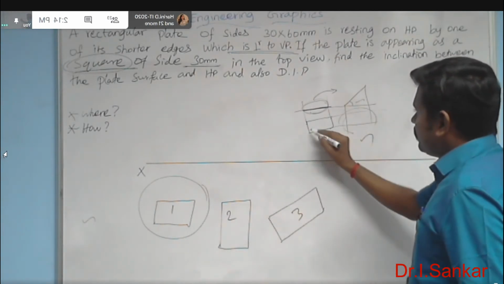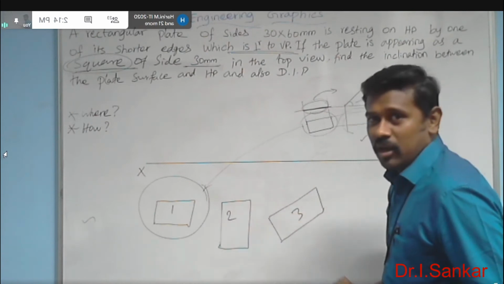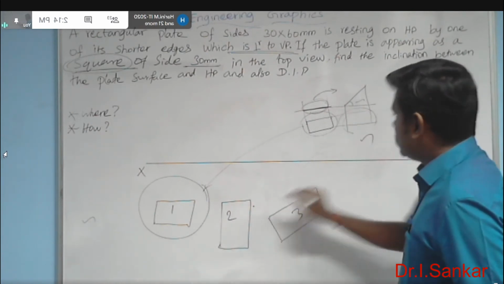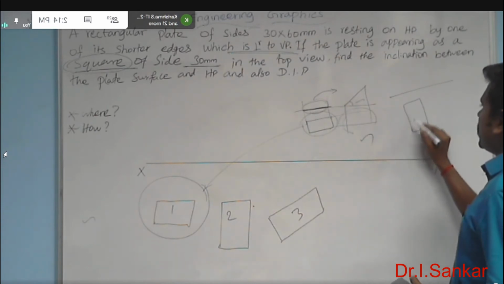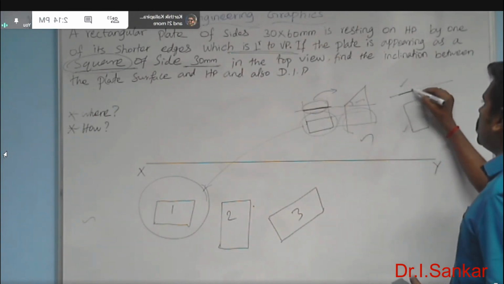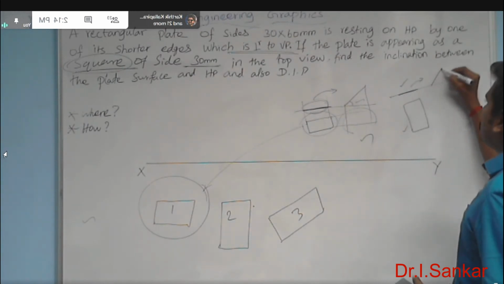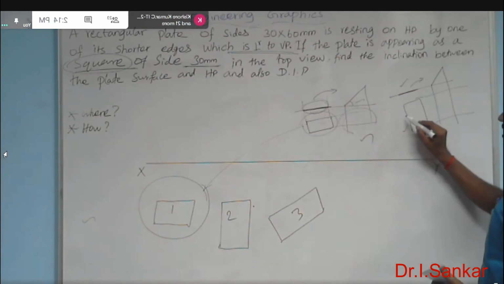Just think, instead of drawing in that way, that is the first type, if you draw in that way, what will happen? If I draw the rectangular base in this way and I draw the simple front view and a simple top view, after if I include the angle of inclination, see here, what happened is,